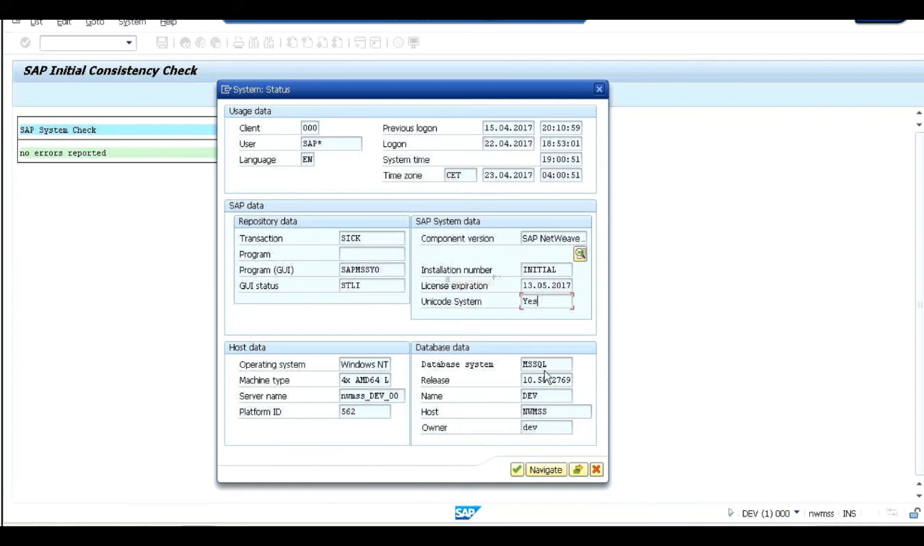What is my database? MS SQL Server, release, what is my SID, what is my host, who is the owner? Owner is nothing but a schema. This is the ABAP schema, and the ABAP schema ID is DEV. ABAP schema owner. And operating system details: Windows NT. What is the type? What is the server name? What is the platform? Okay. If you click here,